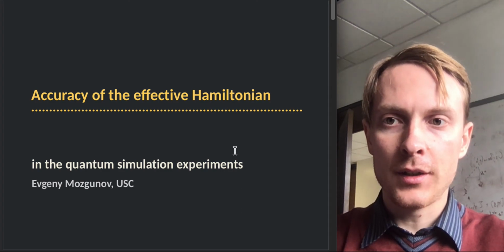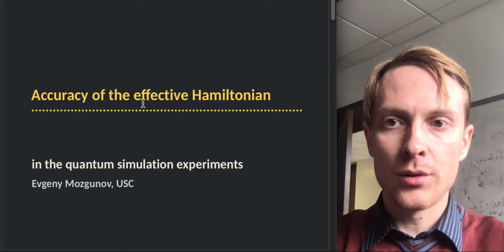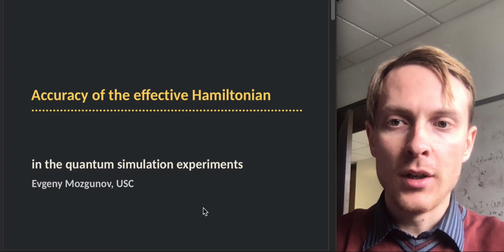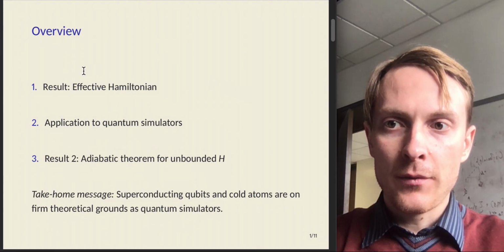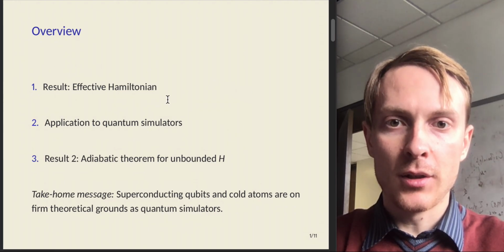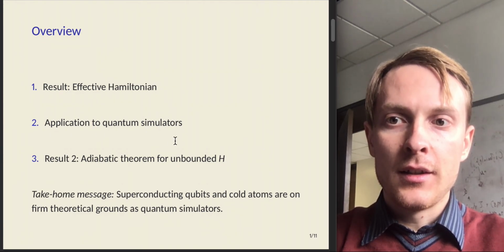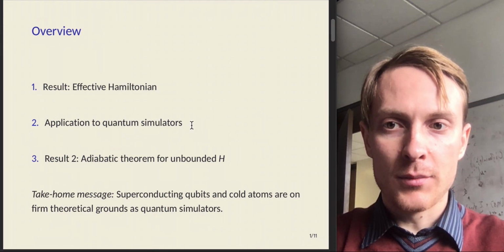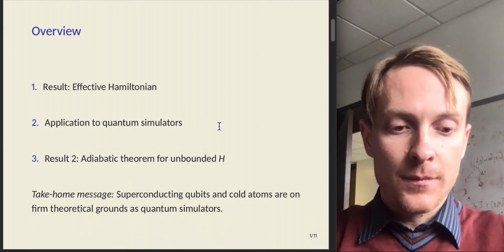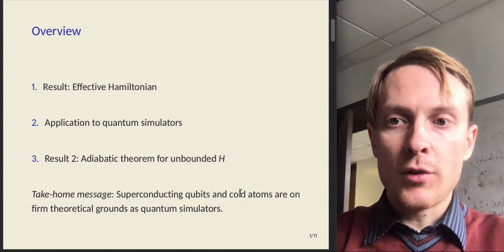Evgeny Mozgunov, and today I'm going to talk about the theoretical solution to the problem of effective Hamiltonian and its application to experiments in quantum simulation. I will first present what effective Hamiltonian is and how I find it, and then I will review the field of quantum simulators and explain how my result applies to this field. And finally, I will present another more technical result